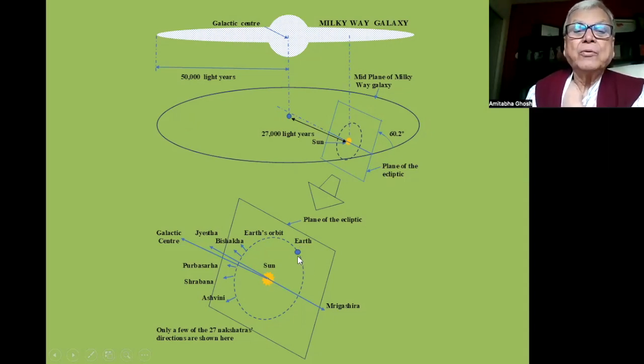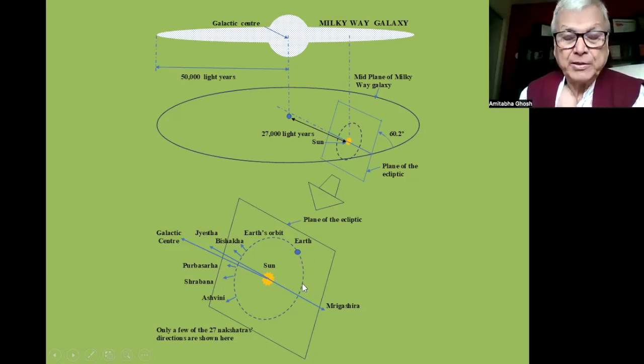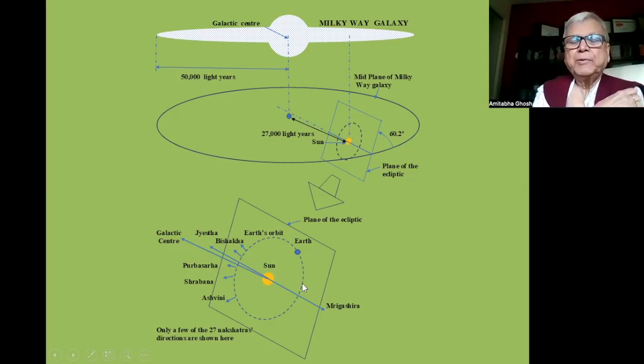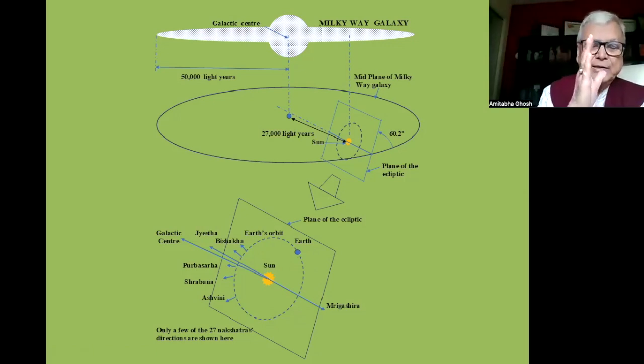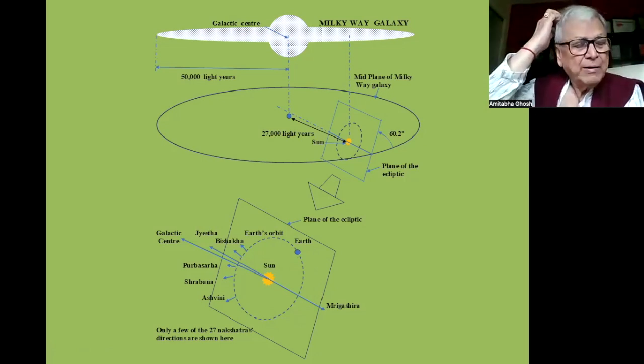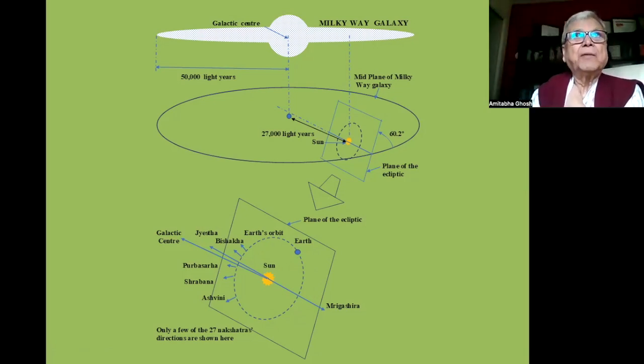and earth is going around this. Now this plane, which is described by the earth's orbit, is called the plane of the ecliptic. Why we call it plane of the ecliptic? Because whenever moon is on this plane, moon is actually slightly tilted. So whenever moon is on this plane, there is a chance of having an eclipse. That's why the plane is called the plane of the ecliptic, which is nothing but the orbital plane of earth